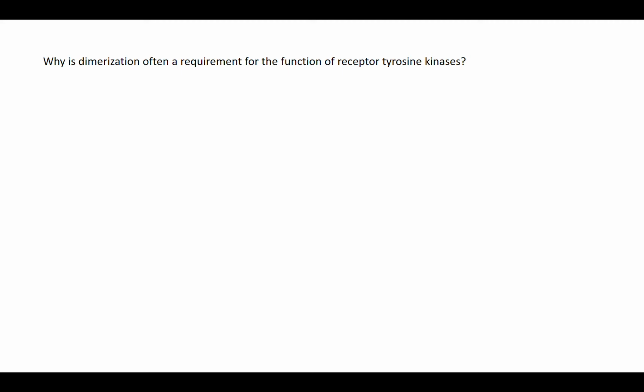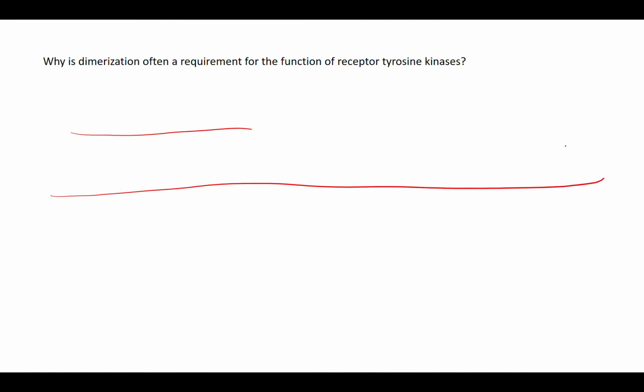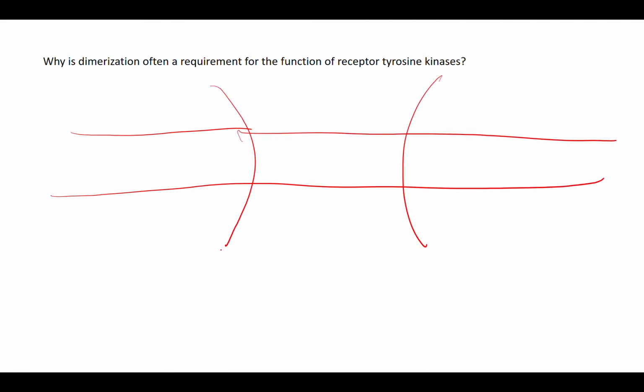Question 4 asks, why is dimerization often a requirement for the function of receptor tyrosine kinases? All right, so a receptor tyrosine kinase is basic. I'm going to just draw them as these two little lines here. These are our RTKs. Normally a lot of receptor tyrosine kinases exist as monomers that, when a hormone is bound